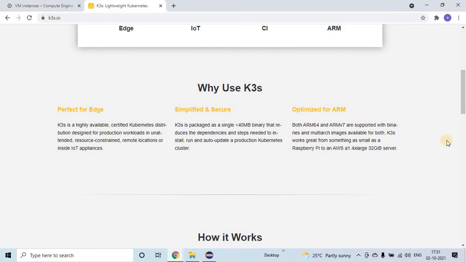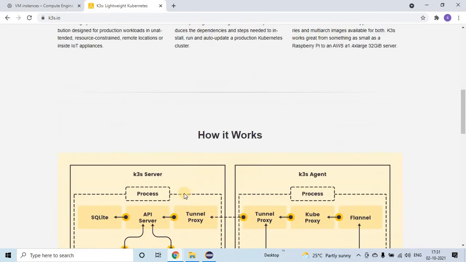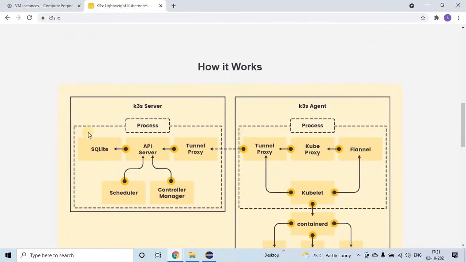If you go through this website, there is a lot of information. So how does it work? We'll have the K3S server. Inside this K3S server, if you are already familiar with Kubernetes, we'll have so many other components. We'll have the API server, all our commands will go to the API server, and the API server will internally route those commands.